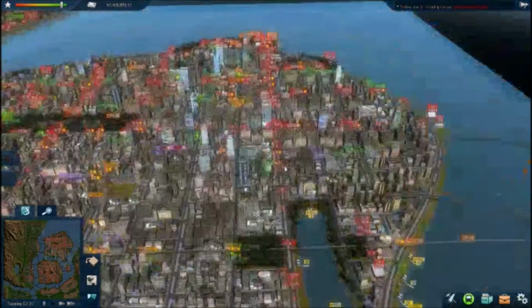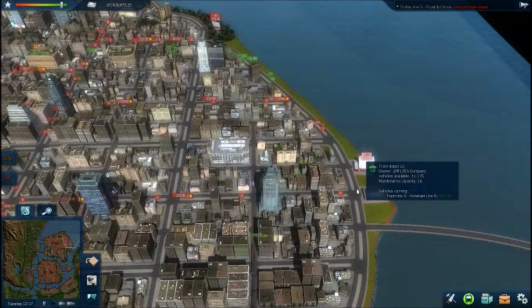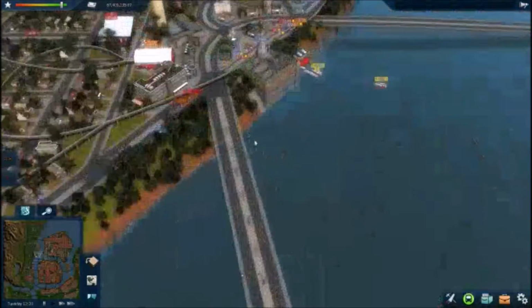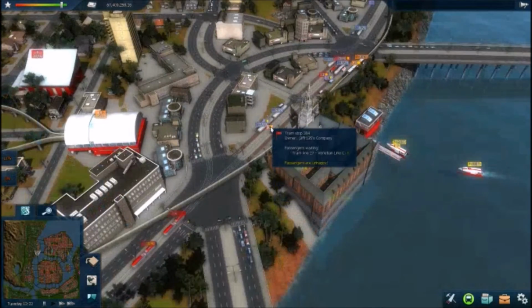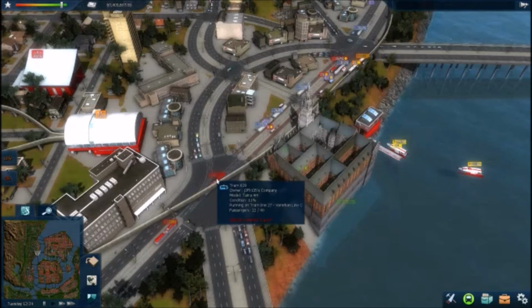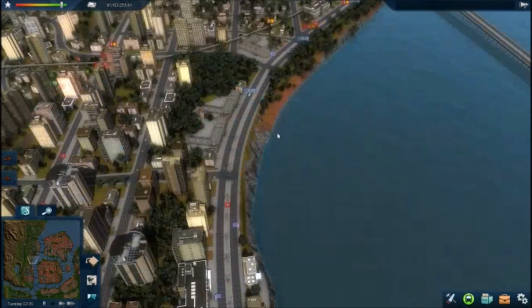So the Venetian line has now been split into 3 parts. First part is here, as you can see, Venetian line north, and that does the same trip that it always does. It goes over here, round here, to the Rat House, and this is where it terminates. We then have a second line, which is the Venetian Central. That one, you can see we've actually got a broken down vehicle here, that's not very good, but this one picks up passengers from here and takes them down to a second